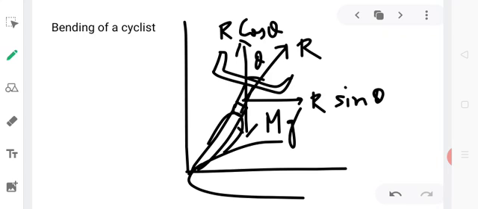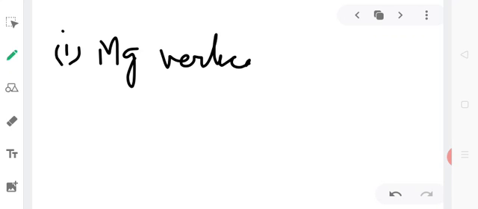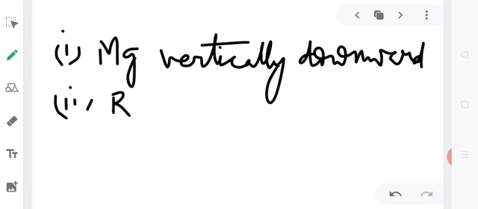This radius is r, with velocity v. In order to provide the necessary centripetal force, the cyclist leans through angle theta inwards, as you can see in the picture. The cyclist is under the action of the forces, number 1, weight mg, that is acting vertically downward at the center of gravity of the cycle and the cyclist, and second, the reaction R of the ground on the cyclist. It will act along a line